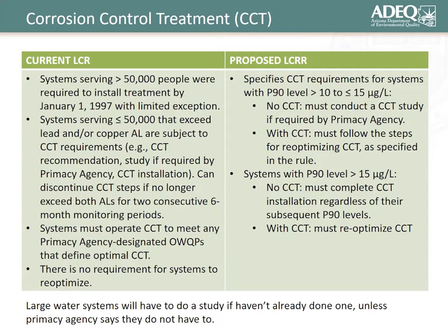The significant change with that in the proposed revisions is now, regardless of the size of system, if you have 1 action level exceedance of your 90th percentile above the lead action level, you will have to install treatment. And that's going to be a big burden on our state, especially for our smaller water systems. For me, working in our technical assistance program, the small systems that I help with end up only serving sometimes only 100 people. They're very, very small communities, but we'll get into a couple of their compliance options in a few slides, other than just installing corrosion control treatment.